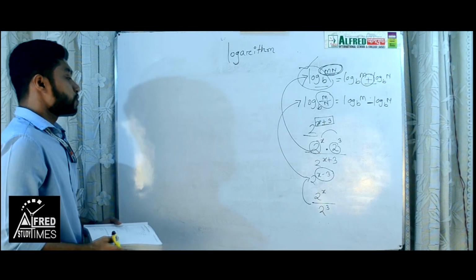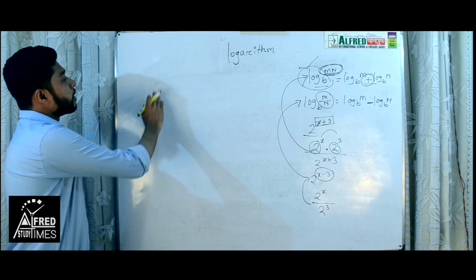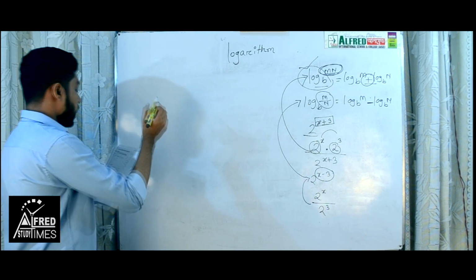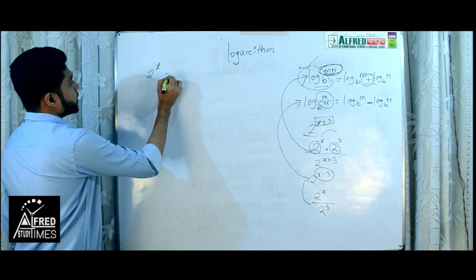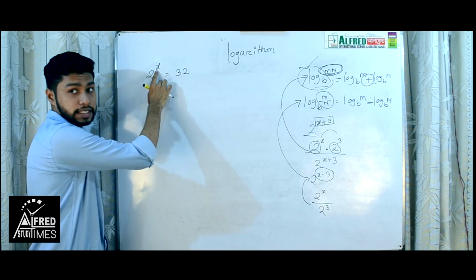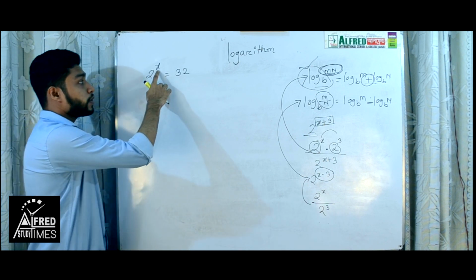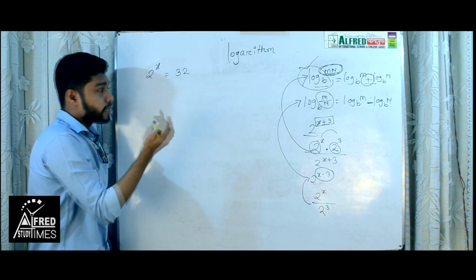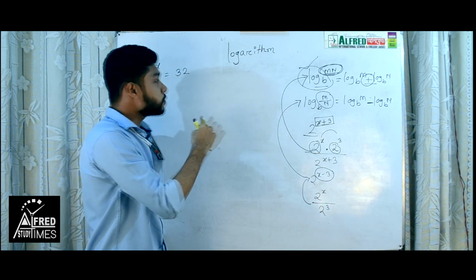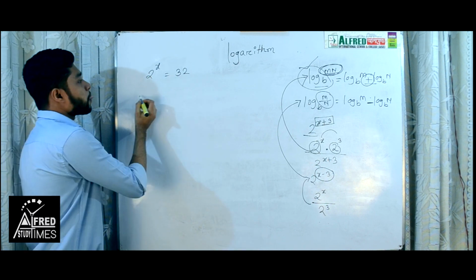Okay, now I go to do some math. Here is exponential, we have to do some exponential equations. So here 2 to the power x is equal to 32. Make sure we have to find this x, and this x is the power. So if any has a power and you want to make it a base, you have to use log. Without logarithm you cannot make a base with the power. Okay, so I do it here.